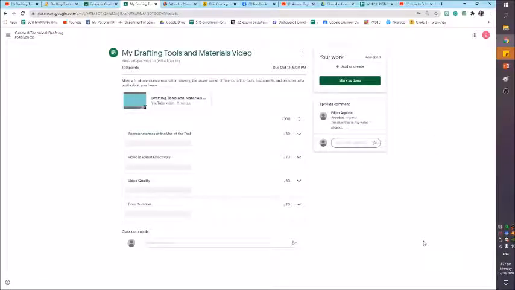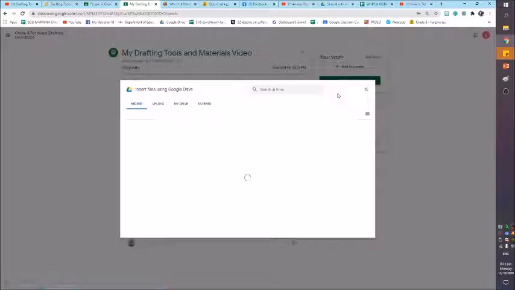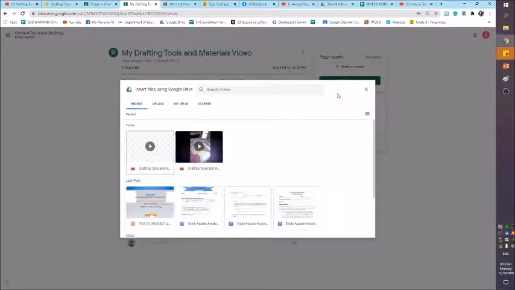Now, next one is you have to attach now your assignment video. So click this button, add or create, and then select file. Now, the next thing you will do is you're going to search for the location of your edited video.